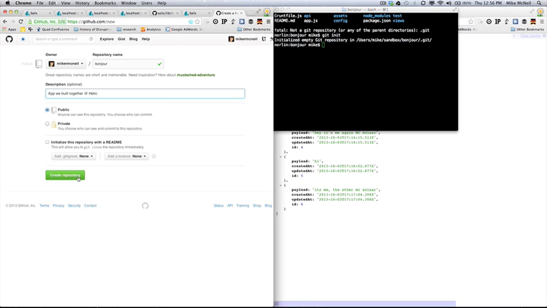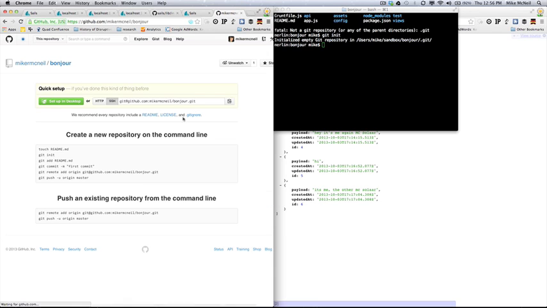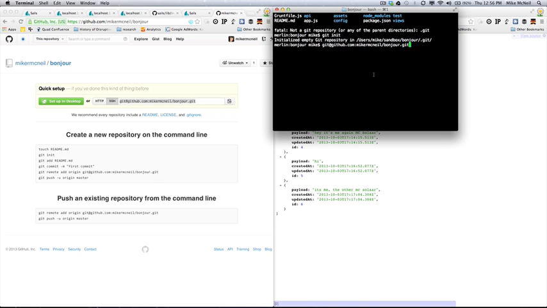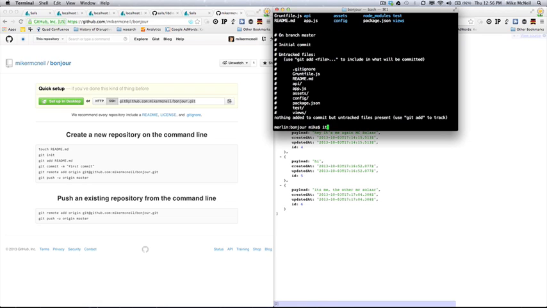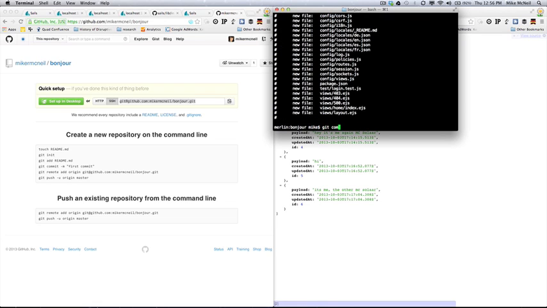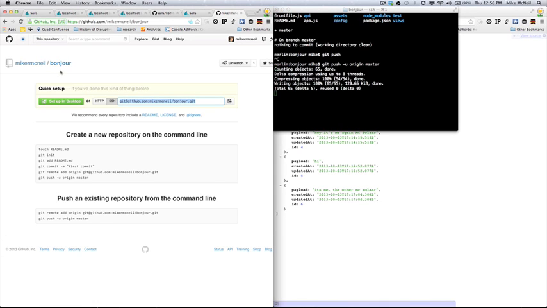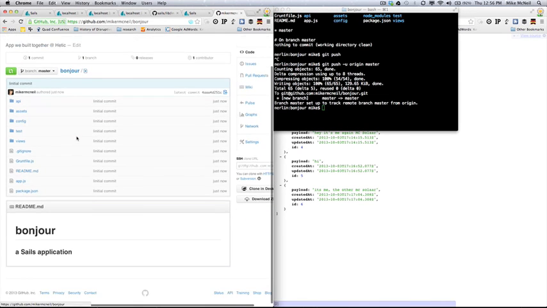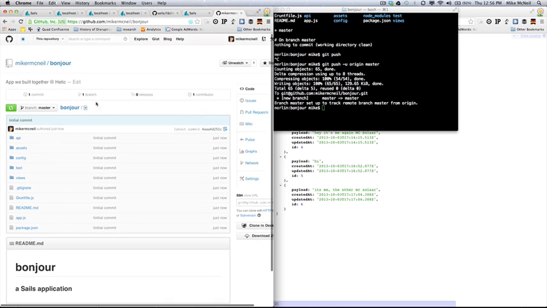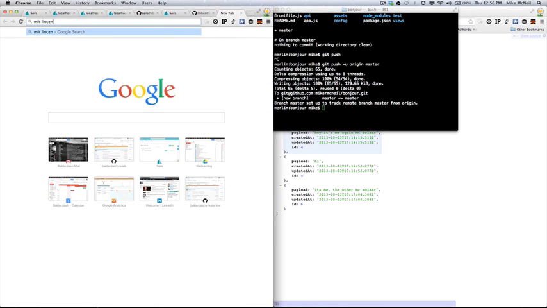You actually get a README and a gitignore by default in a new Sails project, so you don't need any of that business. If we wanted, I guess we should probably do the MIT license stuff. Git remote add origin that, and then we slam lots of keys. Initial commit. All right. Do the -u thing, right? git push -u origin master. All right. So now we have our stuff in here, and I didn't make a license file, but there's this really MIT license